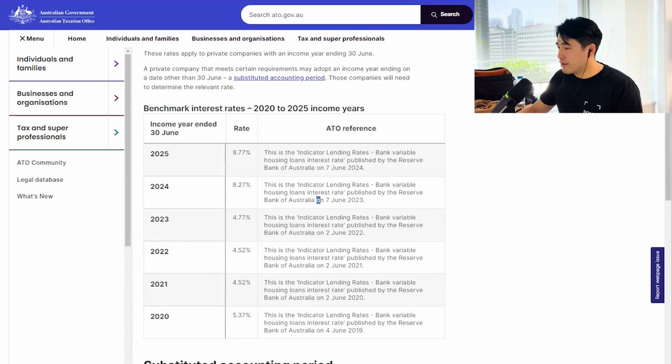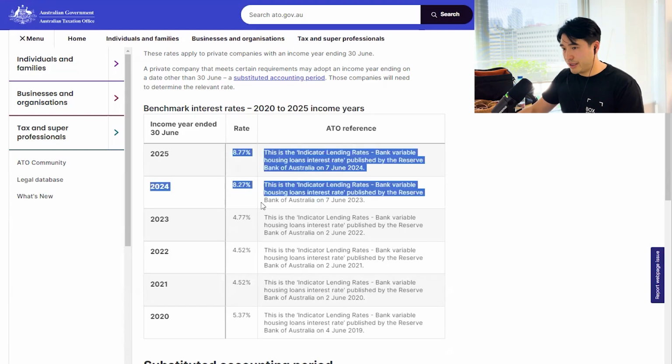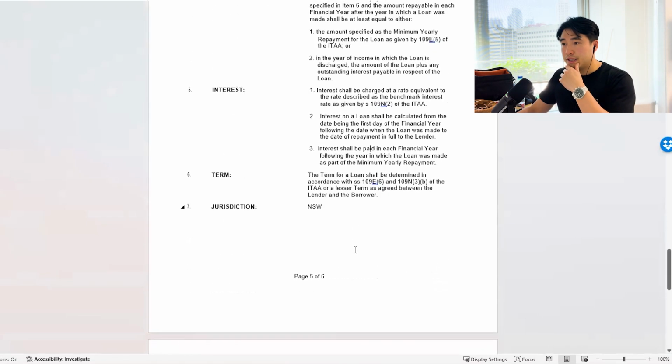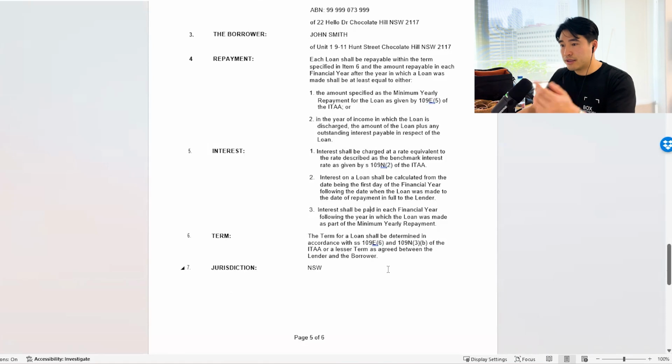So if you are a client of ours, well, all of you guys are clients, but if you have Division 7A problems, you may see that your company is receiving interest income, and that interest income is calculated by this benchmark, against the loan that you've taken out of the company. So that will show up in your P&L as interest income, and then you also have a loan agreement in place that you've drafted up. And these are the terms. And you have to pay this loan within 7 years.